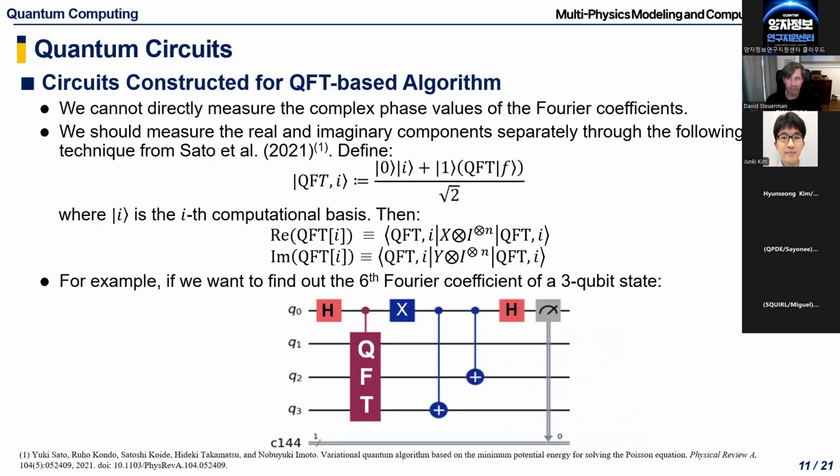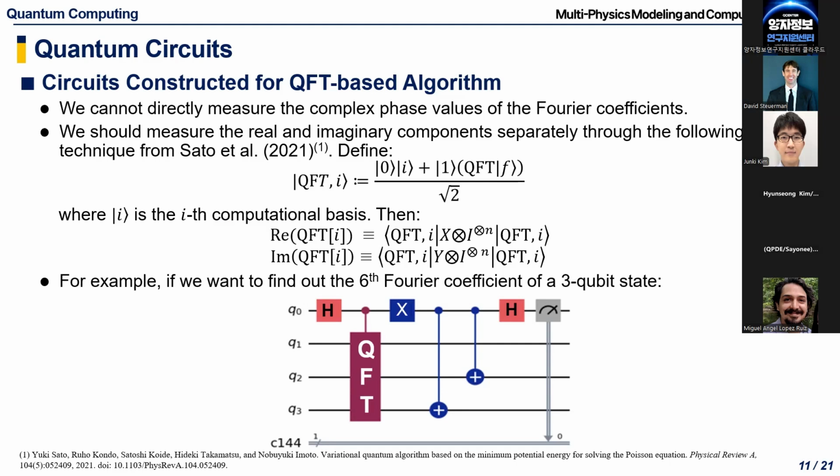And the circuits for the QFT-based algorithm. The main issue in this algorithm is that we cannot directly measure the complex phase values of the Fourier coefficients. So we can only measure the probability amplitudes of the Fourier coefficients, not the exact phase values, but the phase values are important to proceed to the classical matrix algorithm. So instead, we measure the real and imaginary component values separately using the X and Y observables. So if we want to measure the real component of some Fourier coefficient, then we just use the X observable on the first qubit. And if we want the imaginary one, then we use the Y observable on the first